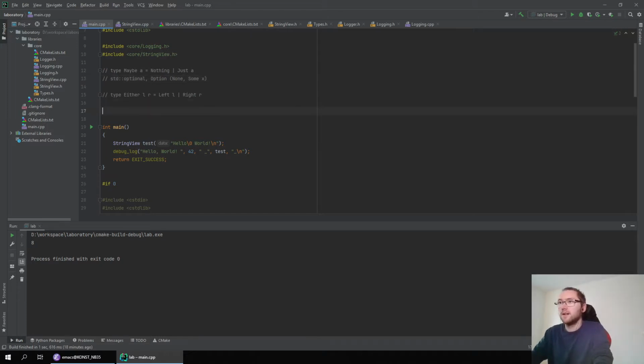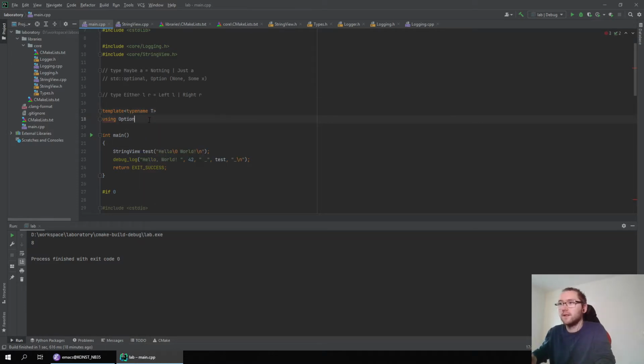So you could imagine that you're using an option, or let's just call it option for now. Let's fix the left type to void, basically. So we just have a value type, and we let's say Either void and T.